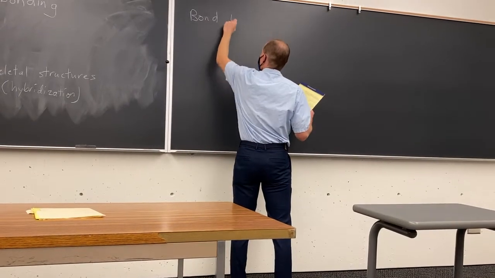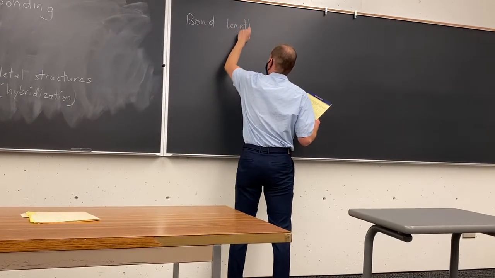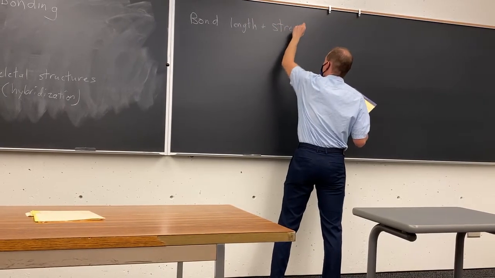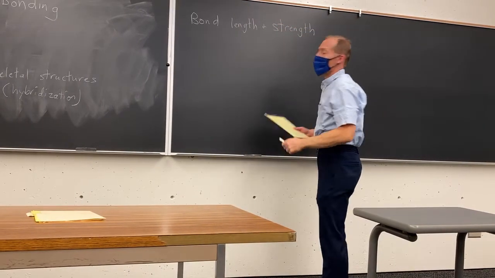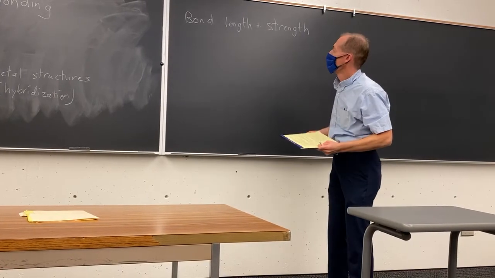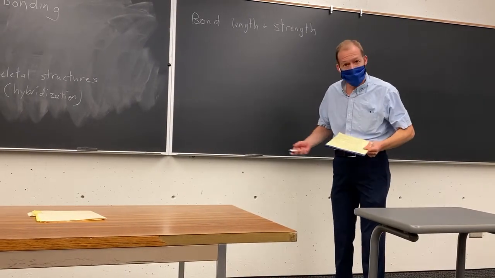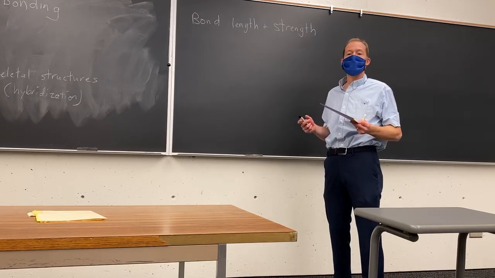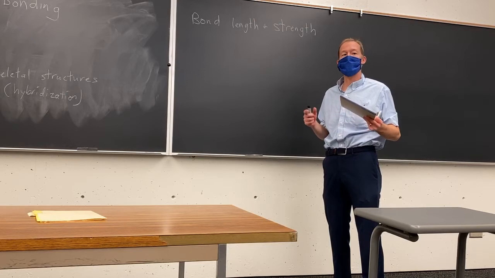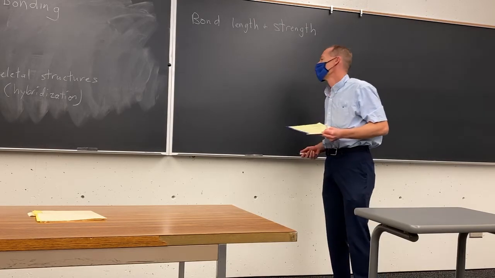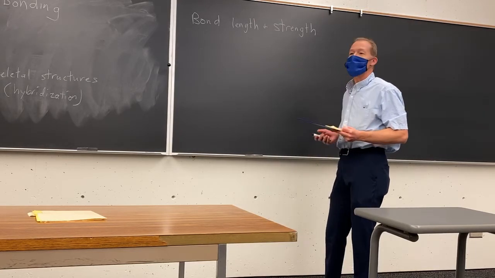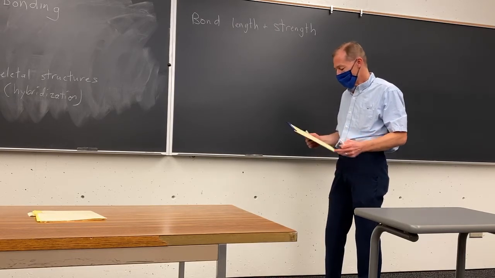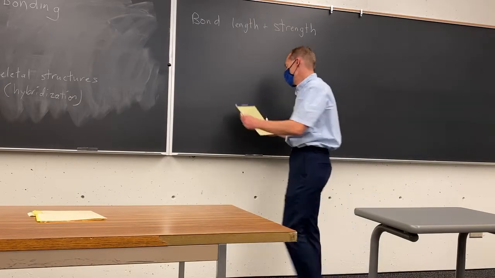We discussed the relationship between bond length and bond strength. We learned that shorter bonds are stronger bonds. We discussed why certain carbon-hydrogen bonds are stronger or shorter than others. So that's something you should understand and be able to explain. And then we concluded the chapter